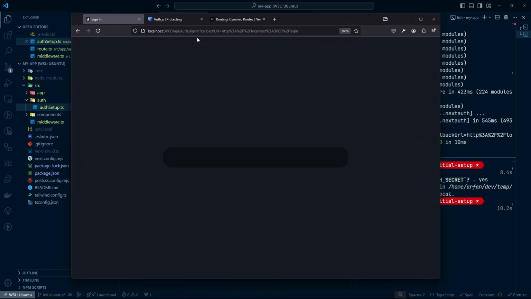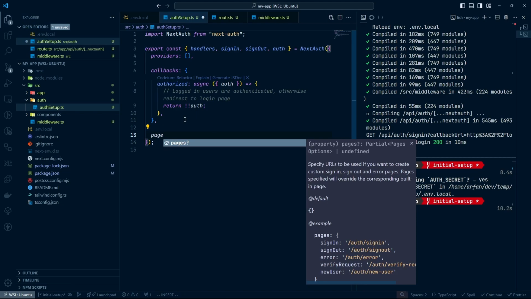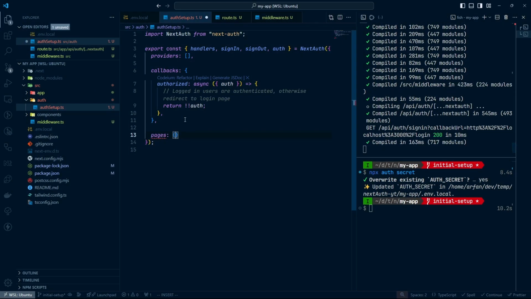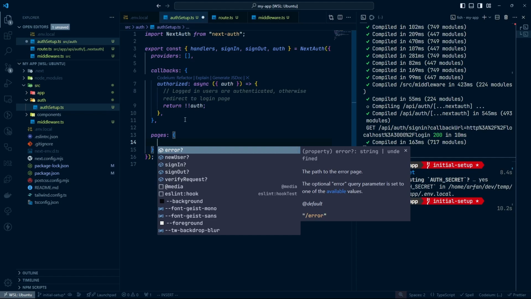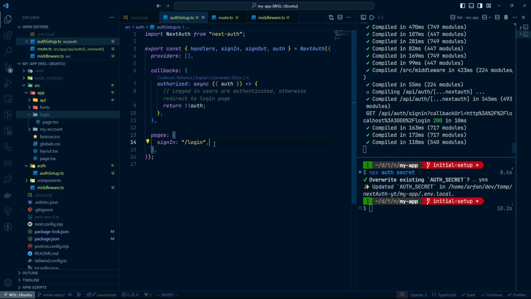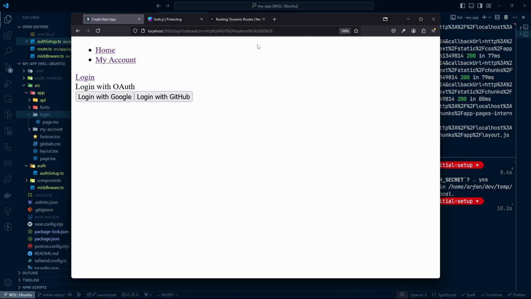So since we already have a login page, we can use that. We will not use the default sign-in page. To set that up, you can come here and say pages, and inside it, it will be an object, and inside pages we can set up all these pages: error page, new user page, sign-in page, and the sign-out page. In our case, I am interested in the sign-in page, and I want the login page that we have. So if I save that and come here in my website,